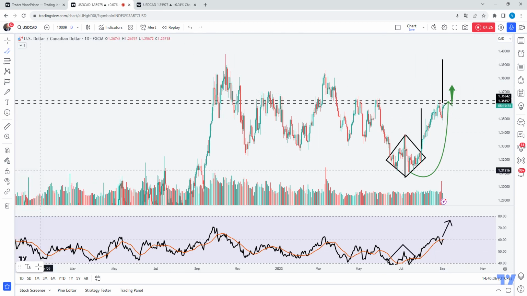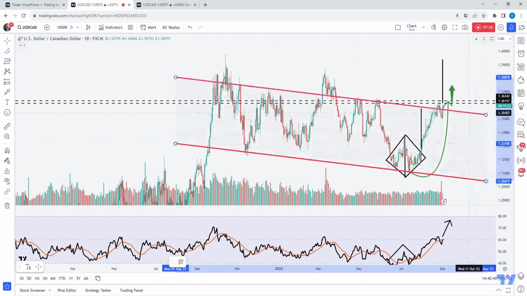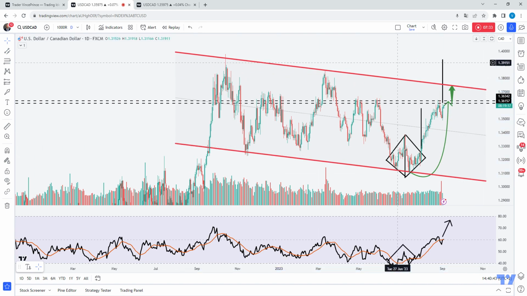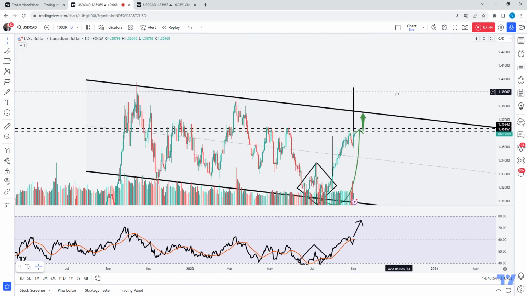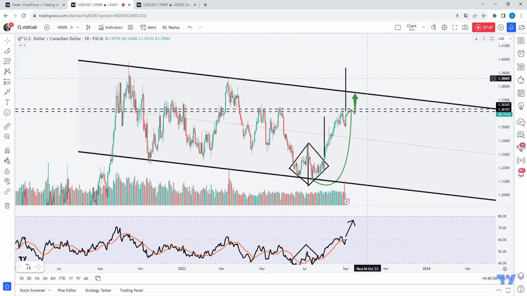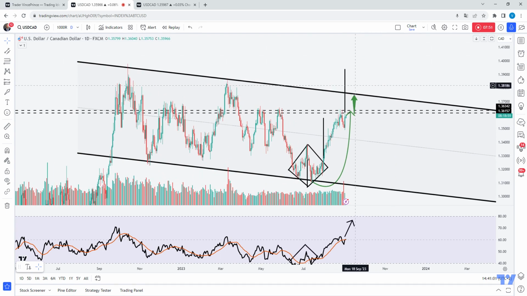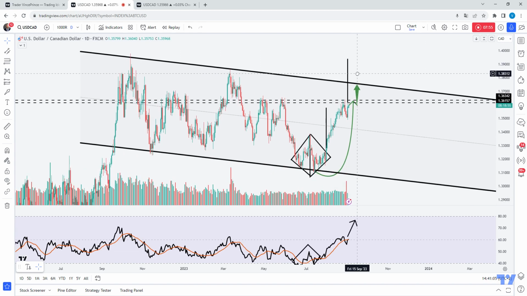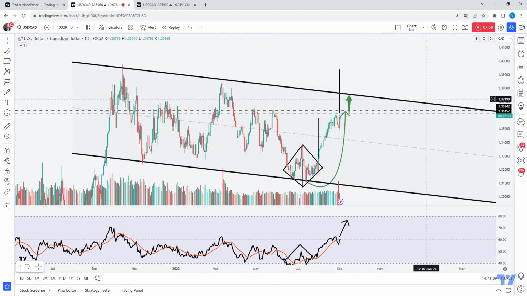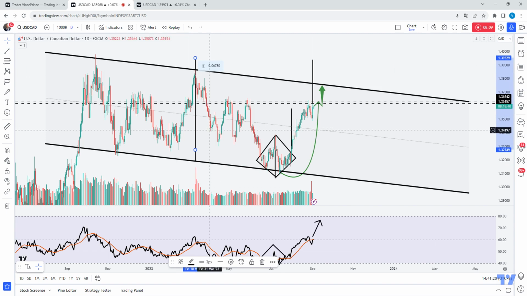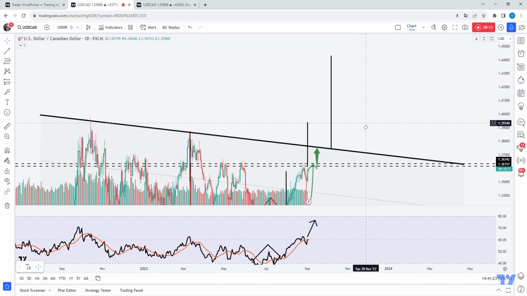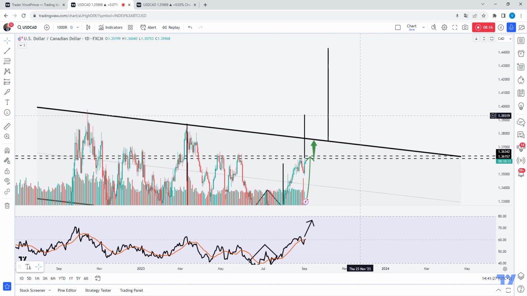And when just looking at this huge formation structure here, this is actually a massive formation structure with the bull flag formation actually forming here within this whole structure. From here on, the USD CAD Forex exchange rate actually has some further potential to aim further with completing this huge bull flag formation. In this case, further target projections can be made onto the upper boundaries. And in this case, the USD CAD Forex exchange rate actually has potential to reach out above the